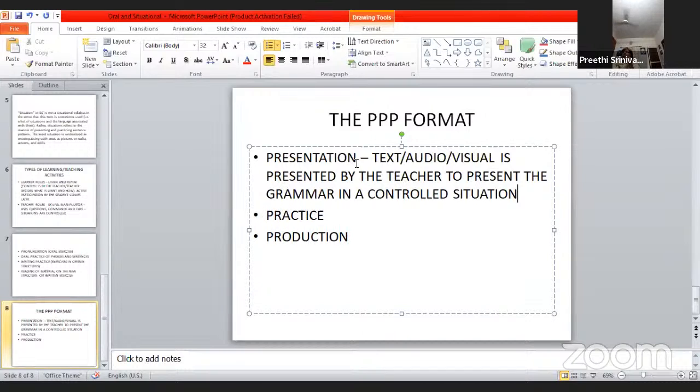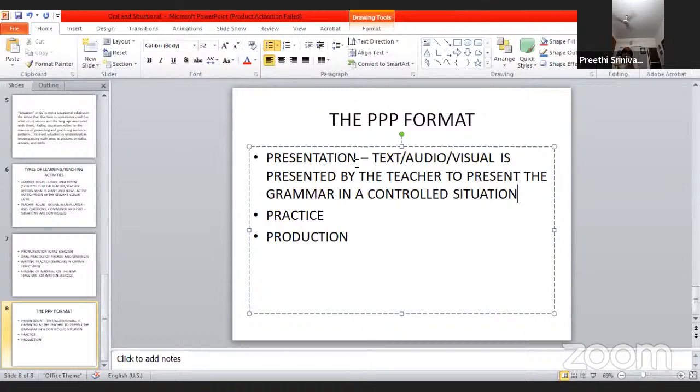Humpty Dumpty sat on a wall. Humpty Dumpty had a great fall. So if you look at those, sat on a wall, had a great fall. So these structures are there, and a text or a visual is used by the teacher to present the grammar in a controlled situation. Okay,